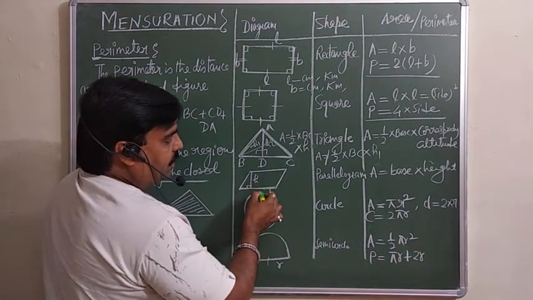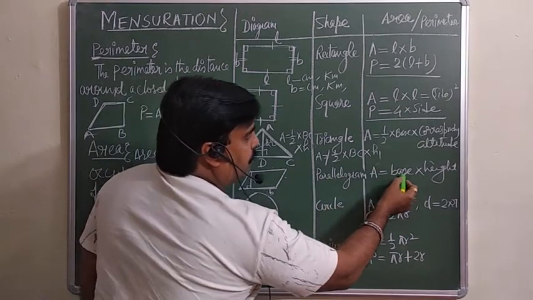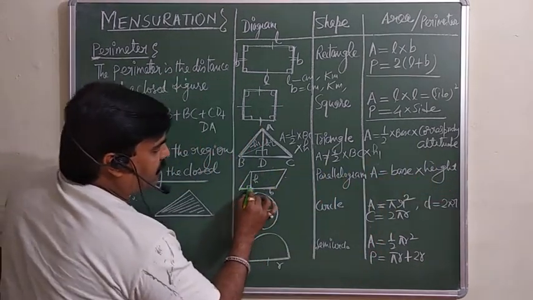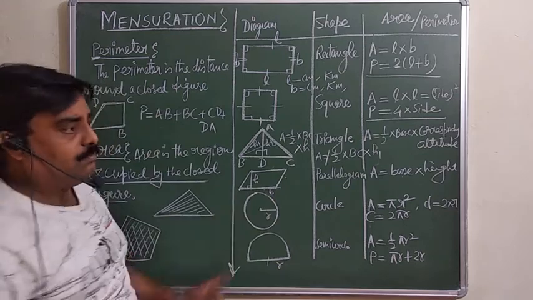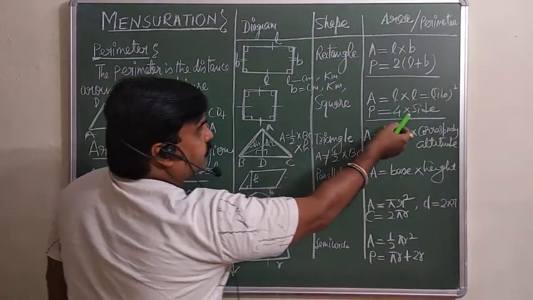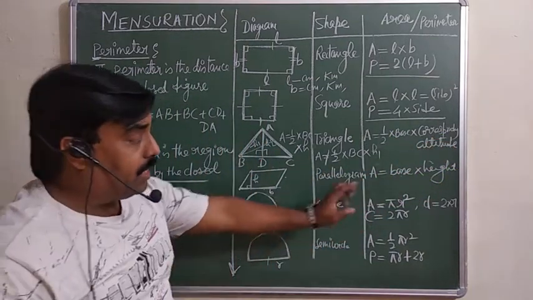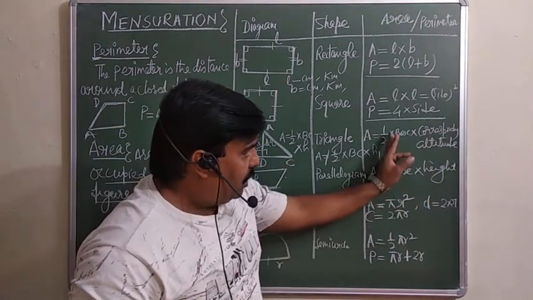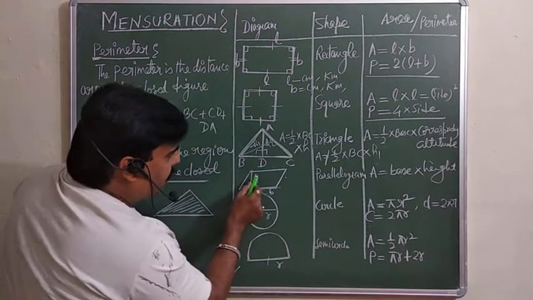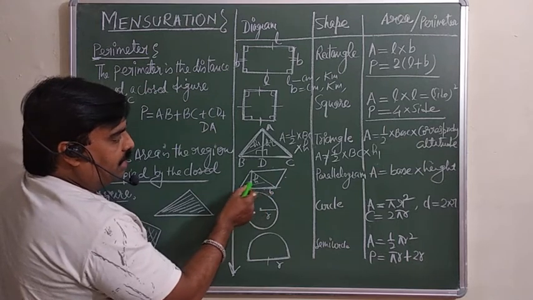Parallelogram. Opposite sides are equal as well as parallel. So area of the parallelogram is base into height. Base multiplied with this height, you will get the area of this parallelogram. Actually, if you look carefully, this is the area of base into height. Generally we say this for the area of the triangle, so this is half. So what exactly are we getting? If I join this diagonal, you will get two triangles.